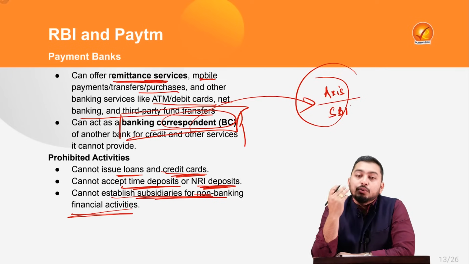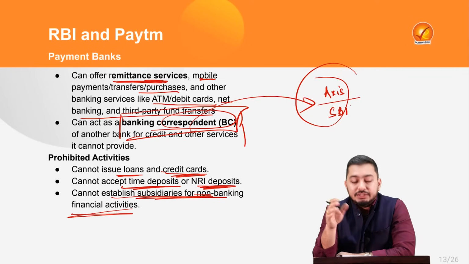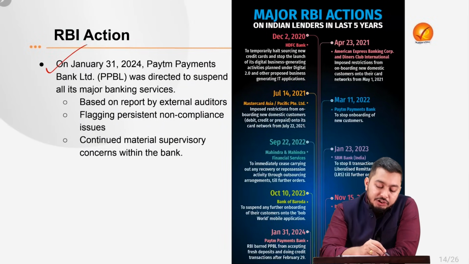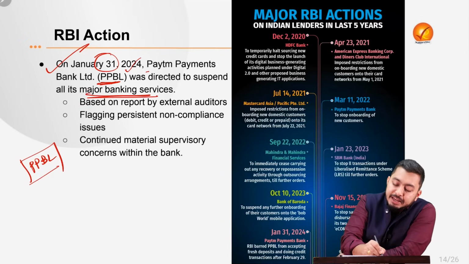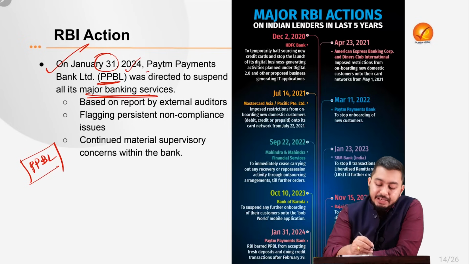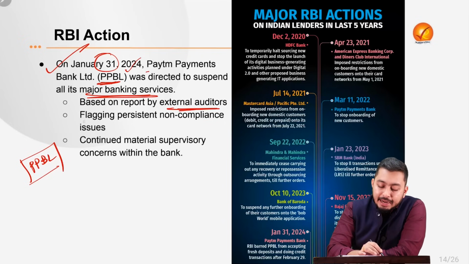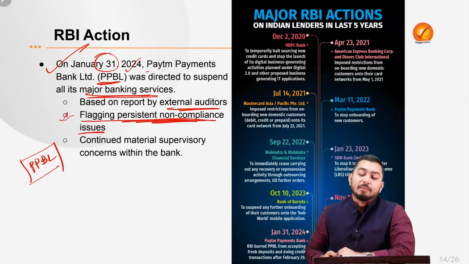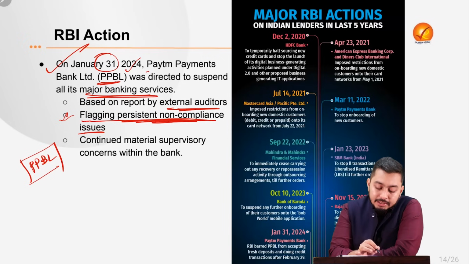And apart from these banks, you also have companies which are NBFCs, right? Now, the RBI action. RBI directly on January 31, 2024, PPBL, now remember this name, PPBL, was directed to suspend all its major banking services. On what grounds? Based on a report by external auditors, and the RBI has been very categorical in saying that there has been persistent non-compliance, and continued material supervisory concerns within the